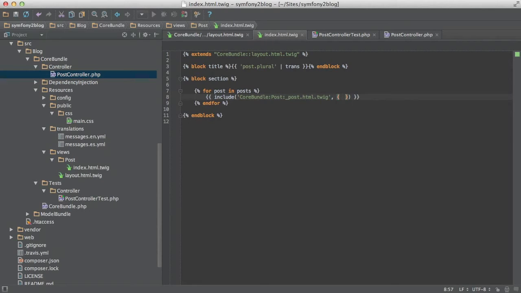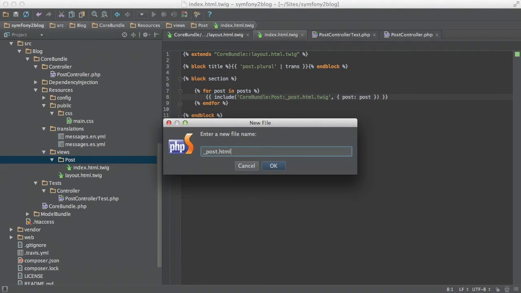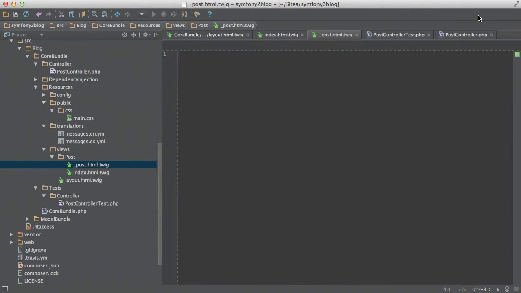How can we pass parameters? With this twig array notation. I'll tell it that post is post. The first one is the variable sent to the partial, and the second one is the variable of the current loop where I am. I'll create then this partial. Underscore post HTML twig. This partial will contain an HTML part that will be wrapped in an article tag,